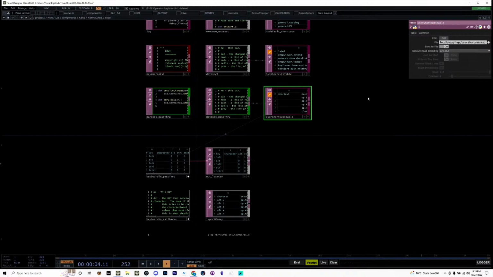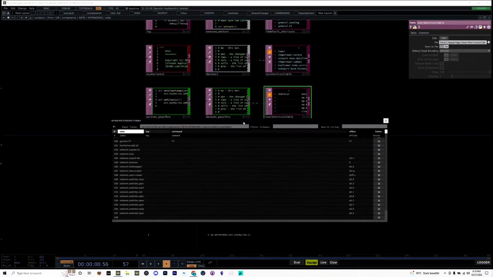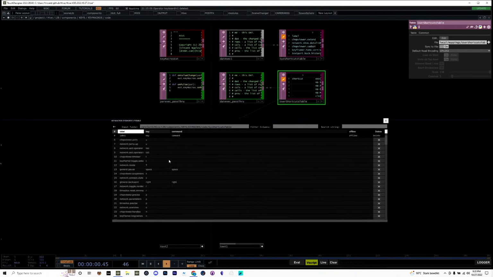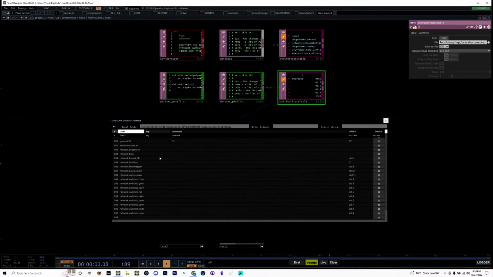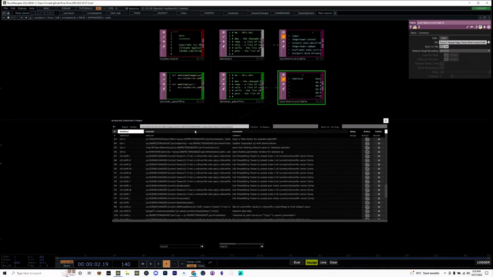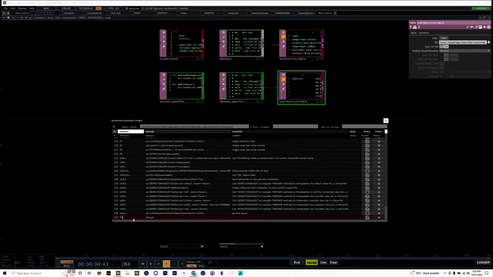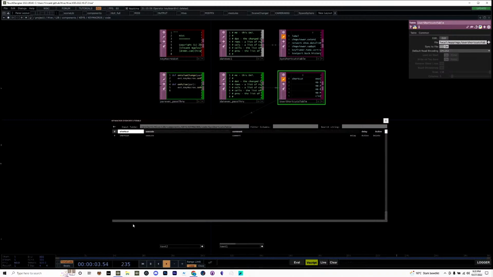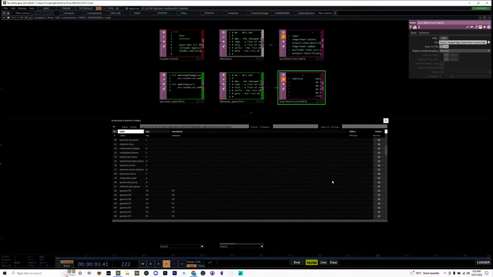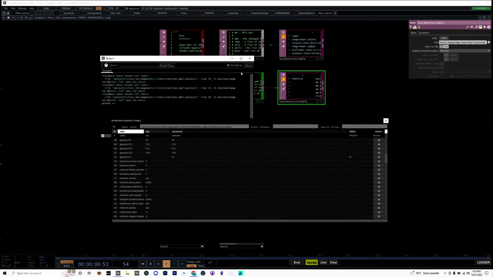So what's actually happening under the hood, if I hit Control-Alt-G, I get at the global shortcuts. And the global shortcuts table is the list of all of the things that Derivative has given you already. And if I decided to say override, let's do that. Let's actually override perform mode. I'm going to override this, and now when I go to my global shortcuts table and look for F1, we're going to see it right over here. So what we've actually done is gotten rid of this. If I hit F1 now,